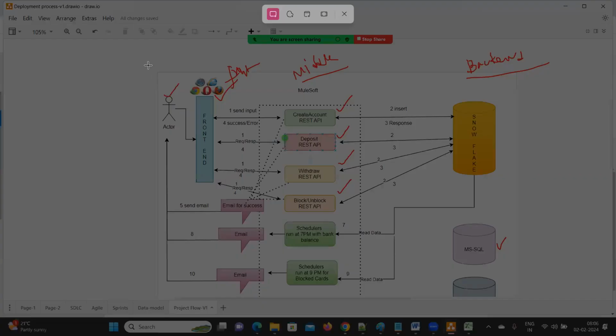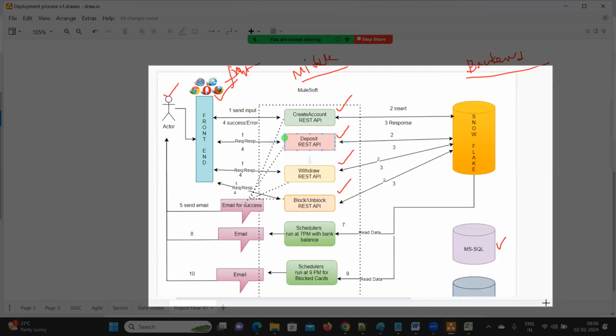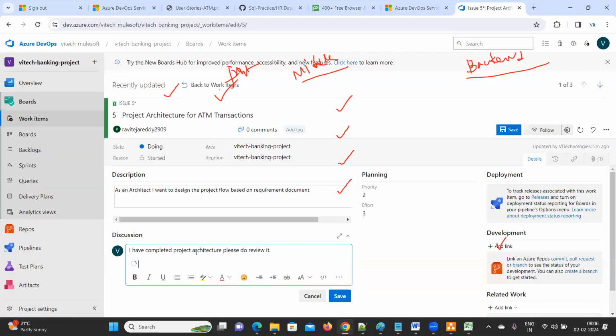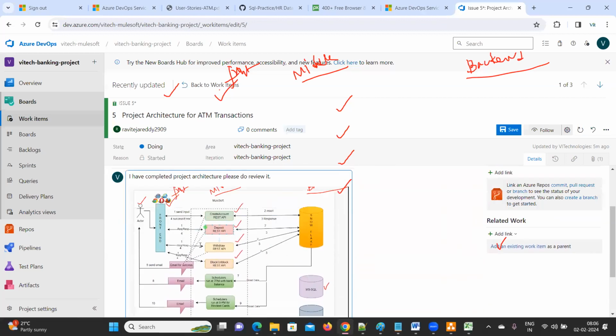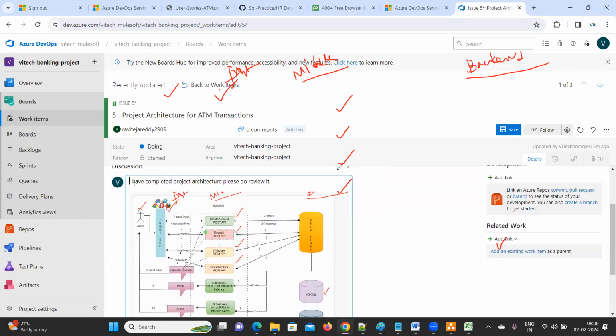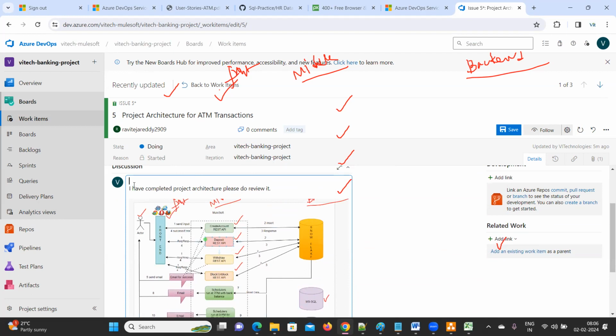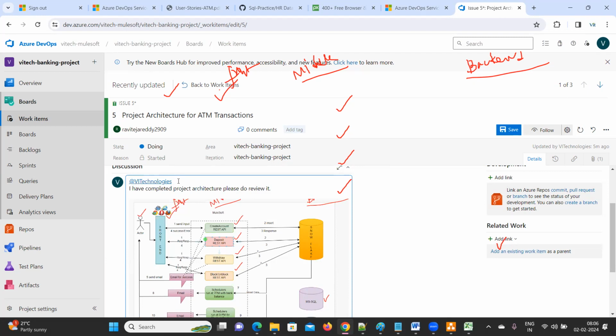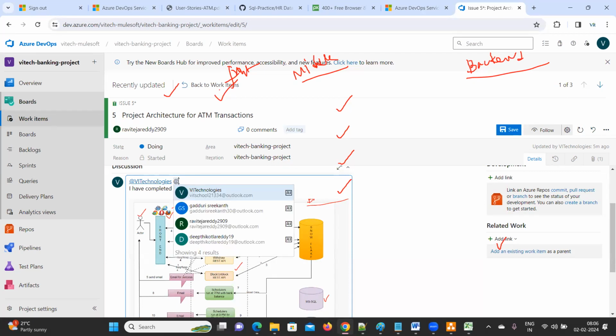Just let me take a snap. Okay, anyway, I'm going to explain everything. So once the work is done, he is going to attach here and he will ask for a review. Okay, so your client is ViTech. Just mention it by giving the at the rate symbol. So if you give at the rate,